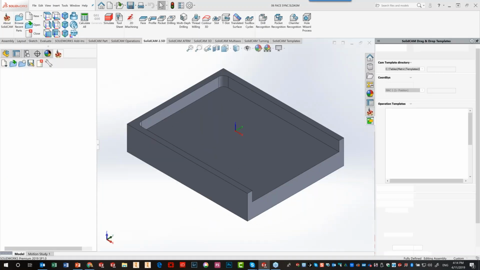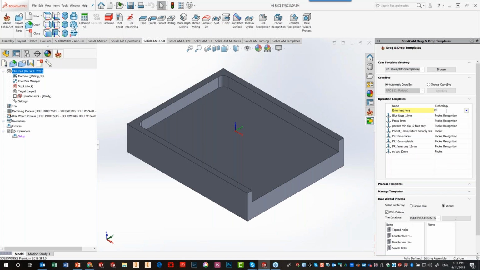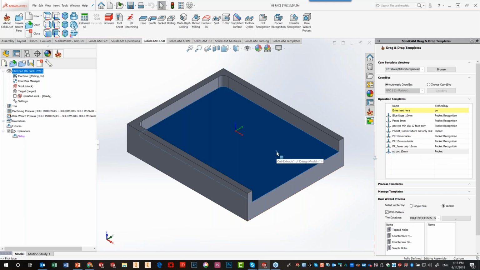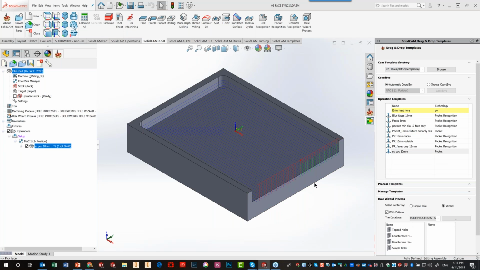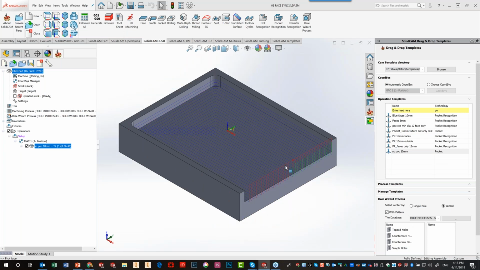Now, in this particular part, I'm just going to create a simple pocket operation. So let me take my drag and drop, my pocket operation. I'll use this one over here. You drag it to the surface, and we have a pocket operation over here. Okay. Note when I use this, we use the surface. So this is called a smart face